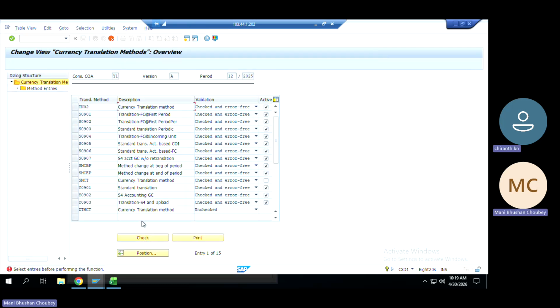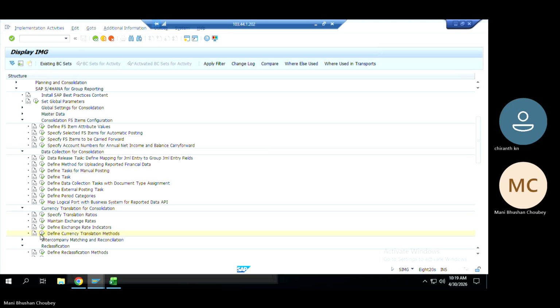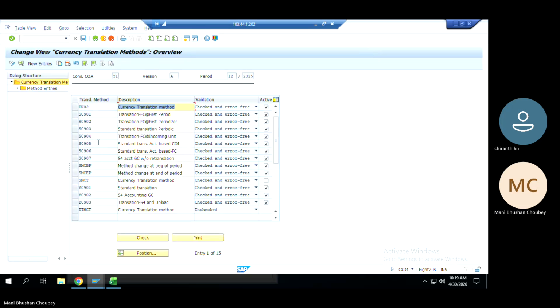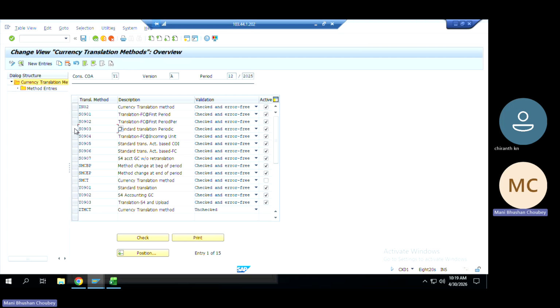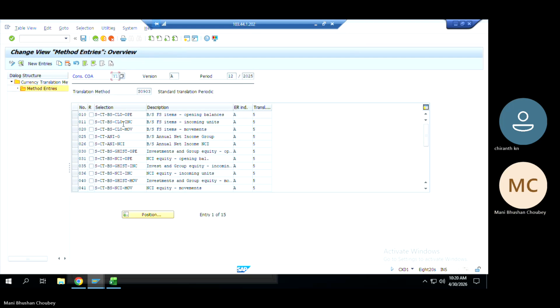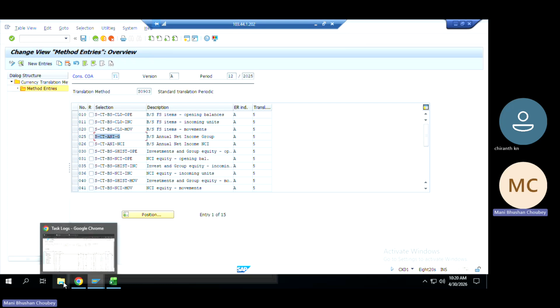The method we are trying to find is there, but where is the mapping between method and task? Going to show you once again. So this is the method which is getting triggered. And here we have selections. These are the selections. So selection will have FS items. If I just go to the FS items,